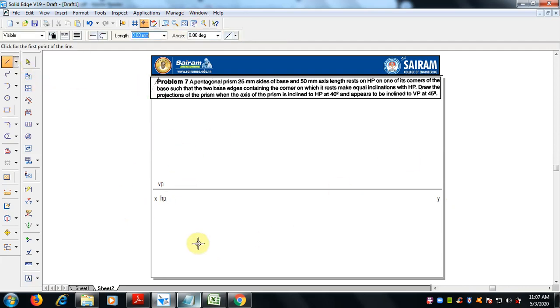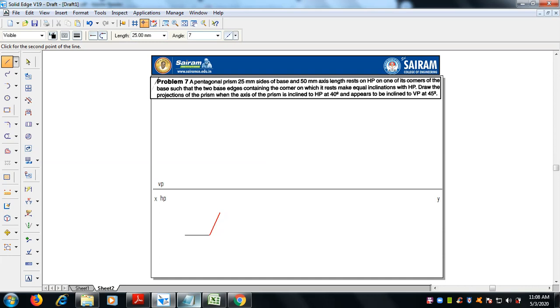Next, pentagonal prism on HP. So let me draw the pentagon, that is 25 mm for the side, at 0 degrees first. Then there are 5 sides, so we have to divide 360 by 5, that is 72 degrees for each side.